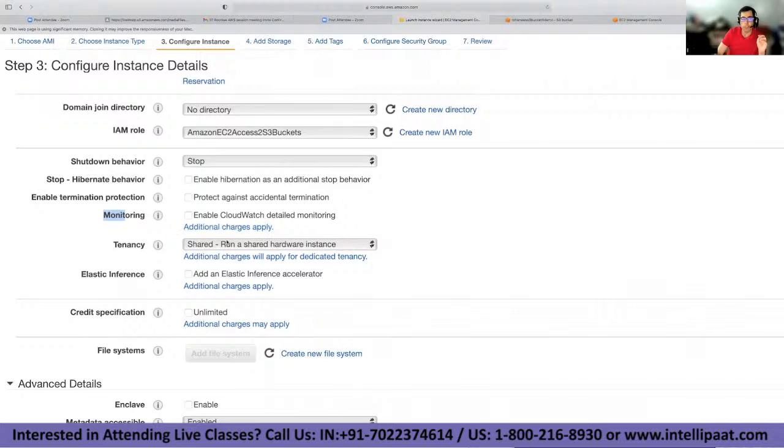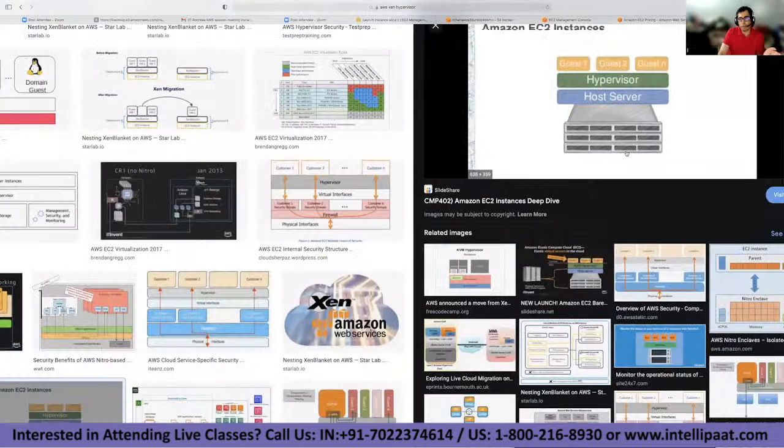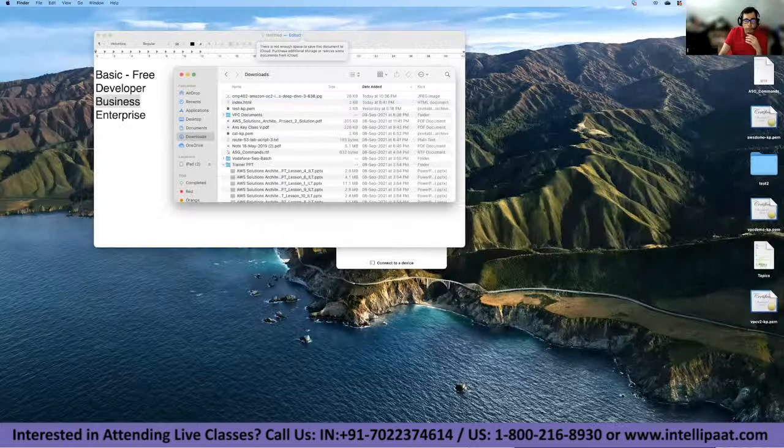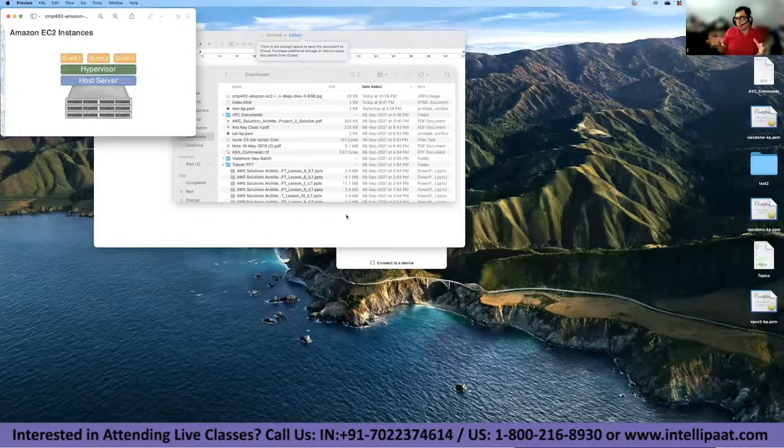Okay. Now, the next thing is tenancy. Tenancy means what exactly is the platform that you're using to deploy the instance upon. One is shared. See, your instance will run on a physical server. This is a diagram that I want to show you over here. If you see this diagram on the right hand side, what happens is that you have a physical server, a bare metal, and